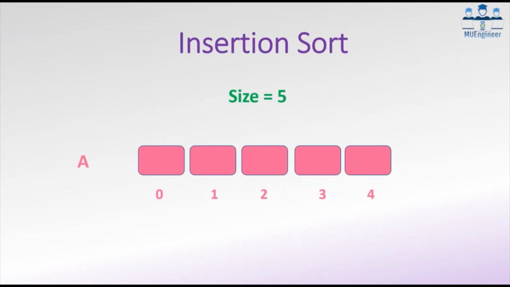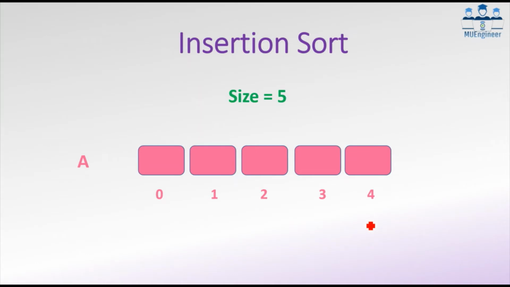First of all, if I want to perform sorting on any particular number of elements, I may take an array, linked list, or any data structure of my choice. Consider that we have taken an array A. We will ask the user what size of array he wants. Suppose the user says the size is 5, then the array is created with 5 elements. The locations will be from 0 to 4.